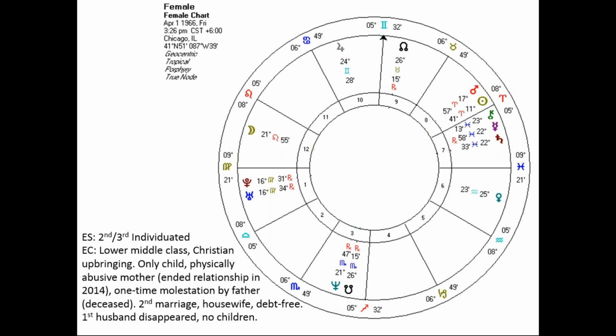Her first husband, I should say, this individual does have a military background as some of her career, and so did the first husband, if I'm remembering correctly, and he literally just disappeared. So she had to wait a certain period of time before she could get divorced via abandonment. She has no children. So for sake of the chart here, we are dealing with the first house Pluto at